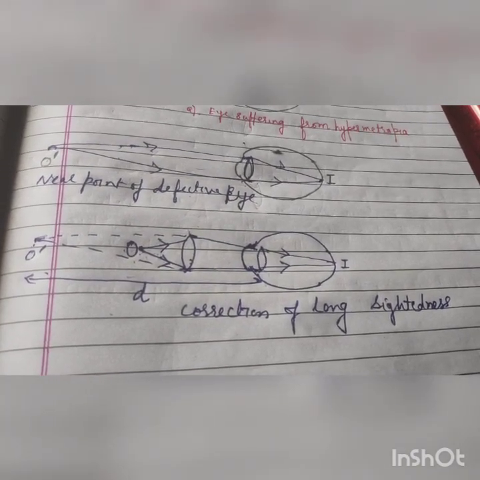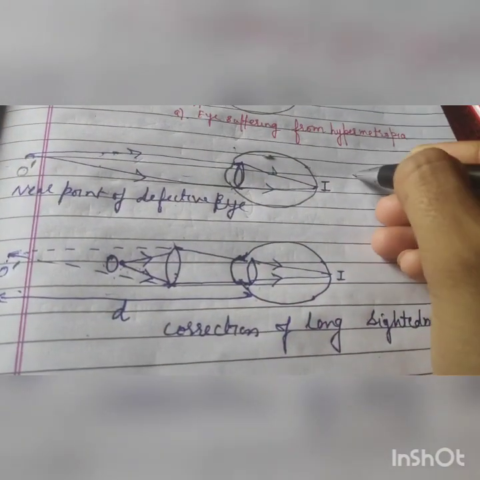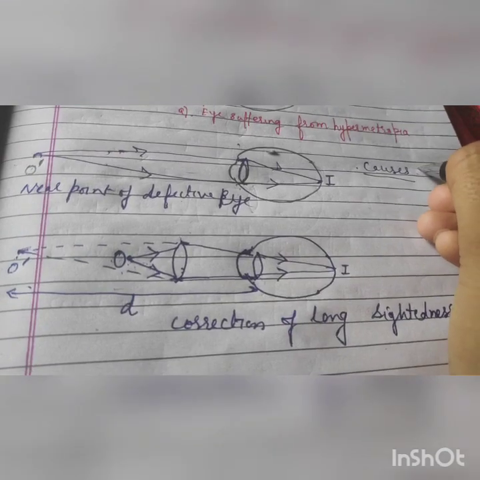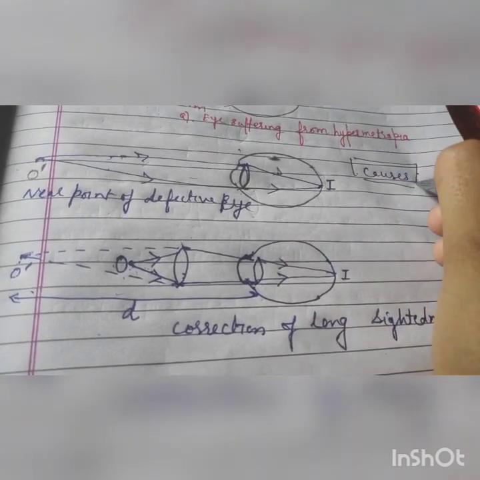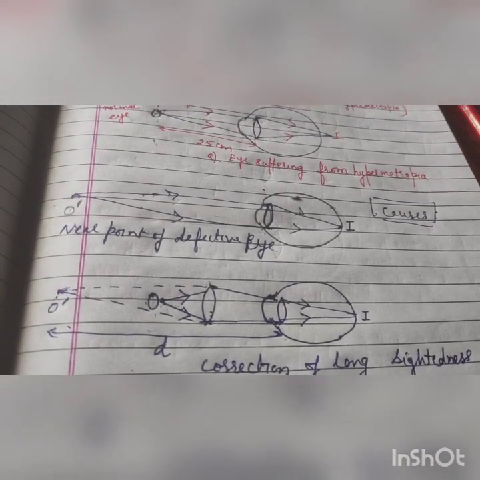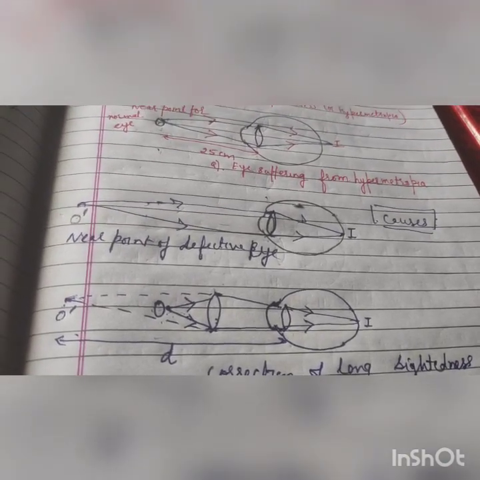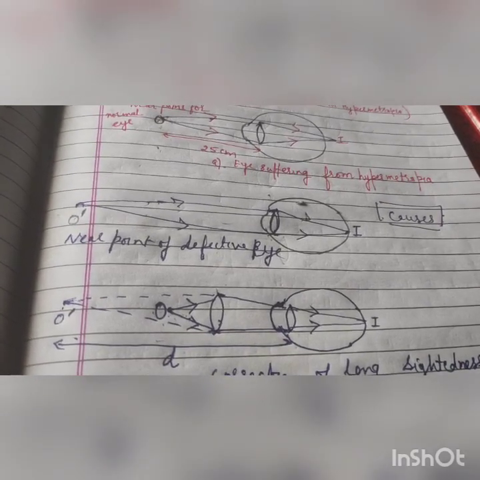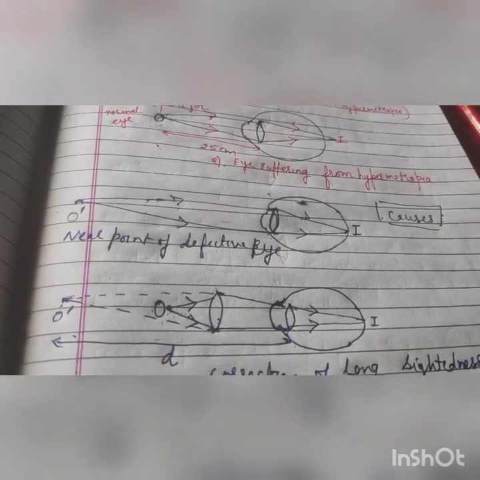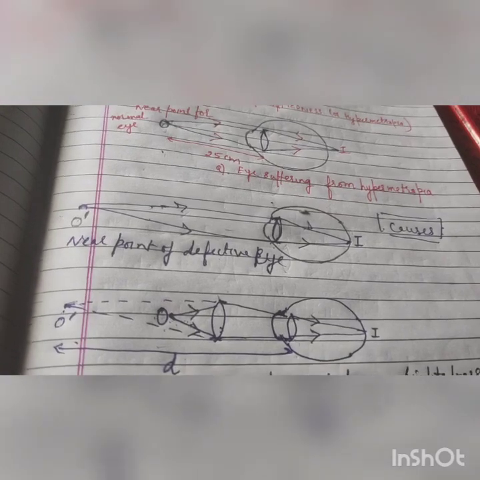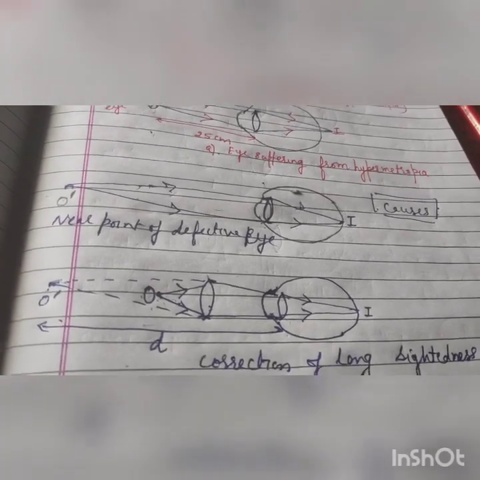So causes of hypermetropia. अब क्या कॉजेस है? उसमें क्या कॉजेस थे? मायोपिया में क्या कॉजेस थे? मायोपिया में क्या कॉजेस थे आपको पता है? आपके पास मायोपिया में क्या हो गया था? मायोपिया में आपके पास एलोंगेशन ऑफ द आई बॉल एंड एक्सेसिव कर्वेचर ऑफ द आई लेंस. यस और नो? अब यहाँ पे क्या कॉजेस है आपके पास,